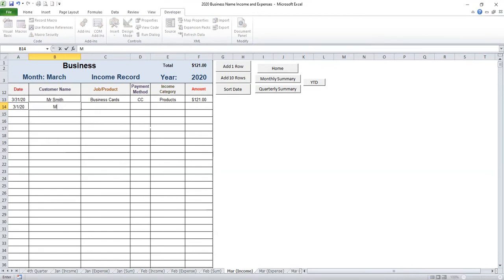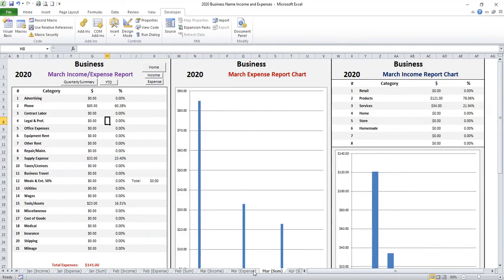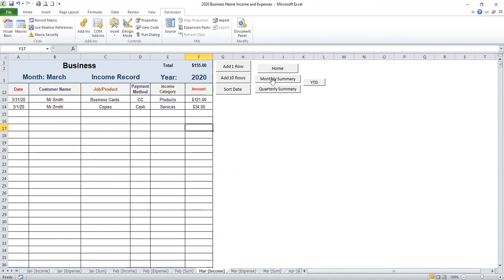Belongs to the same customer, but in this case you did some work for him. You made some, accidentally pressed, this would now be a service, $34. Now when we go to the summary page, which you can either go click on it here or use